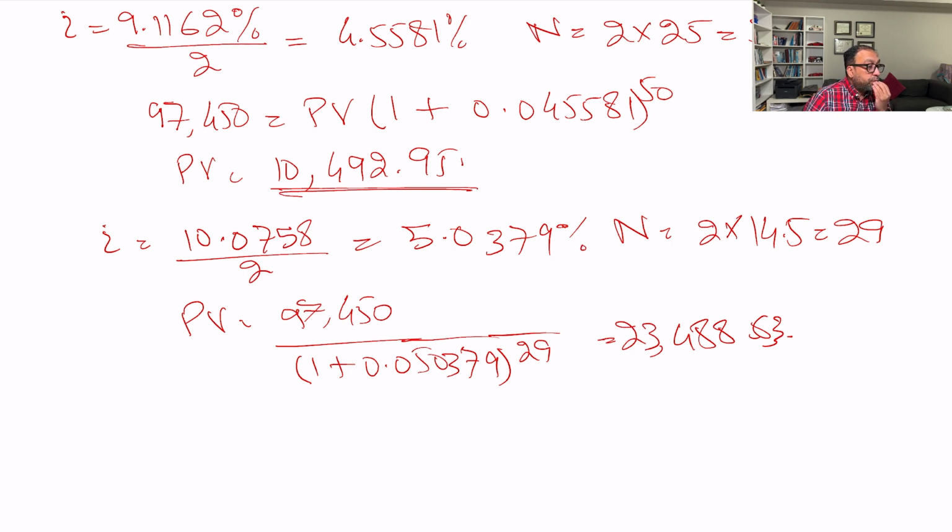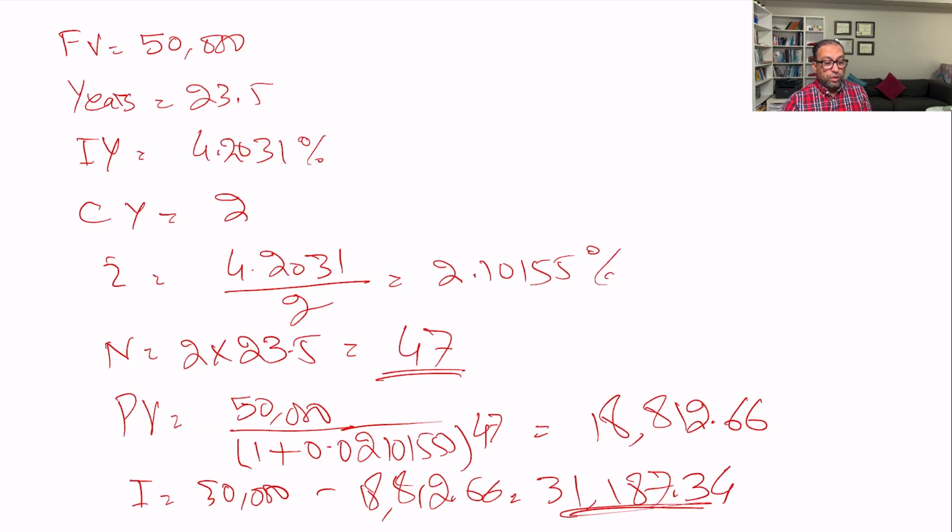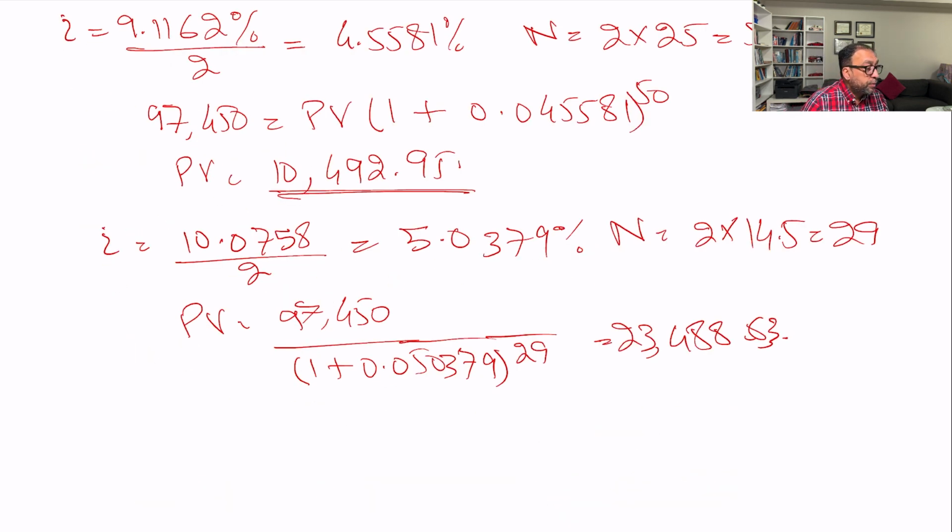So calculate the actual yield and gain that Cameron realized. We find out that 10.5 years later, Cameron needed the money, so he sold when the current yield was this. That's what we want. So this is our present value. This is our future value. This is our present value, right? And then we can find the I. So I is